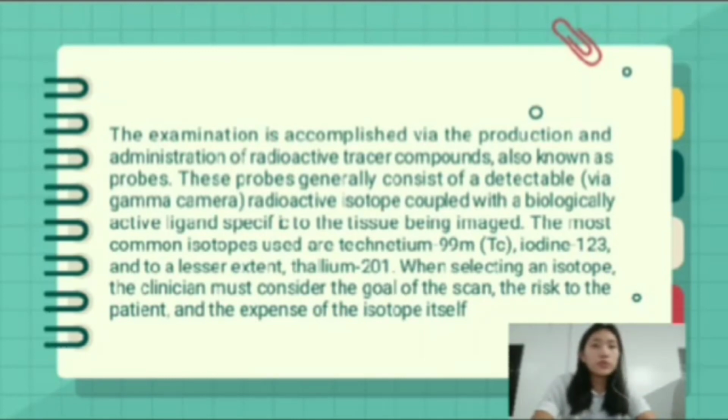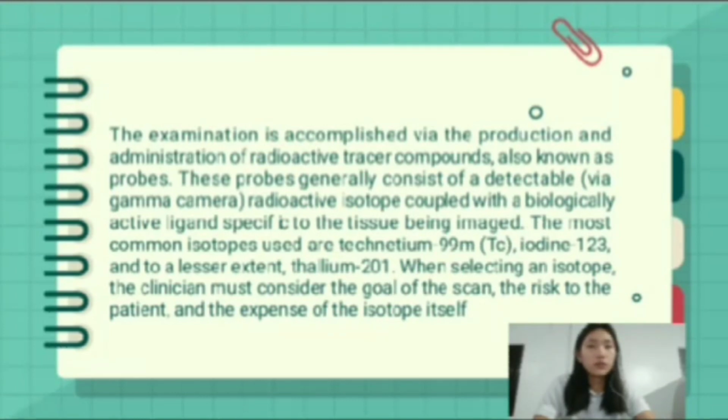These probes generally consist of a detectable radioactive isotope coupled with a biologically active ligand specific to the tissue being imaged. The most common isotopes used are technetium-99, iodine-123, and to a lesser extent thallium-201. When selecting an isotope, the clinician must consider the goal of the scan, the risk to the patient, and the expense